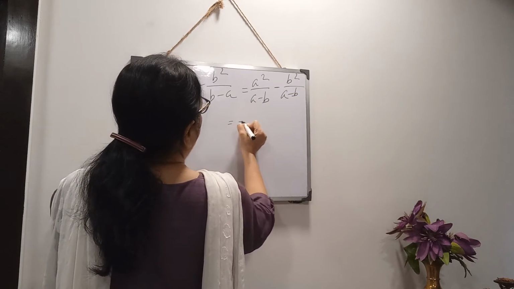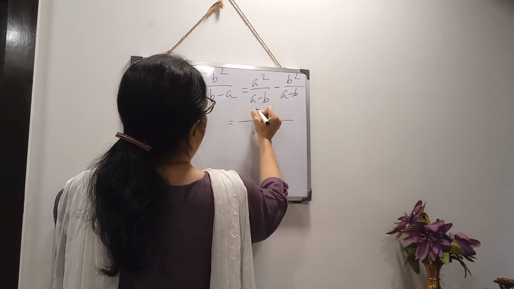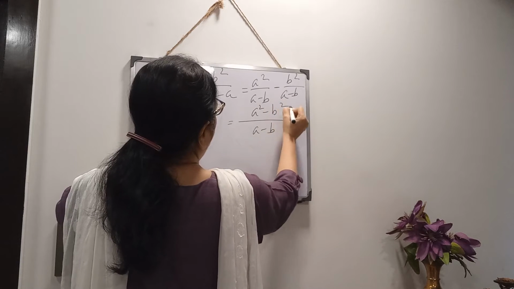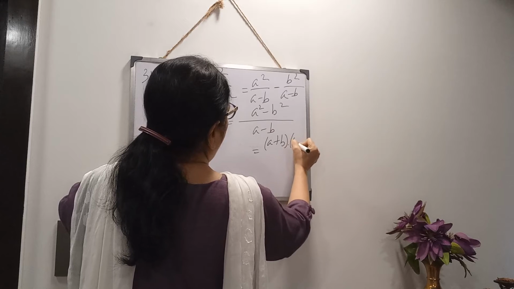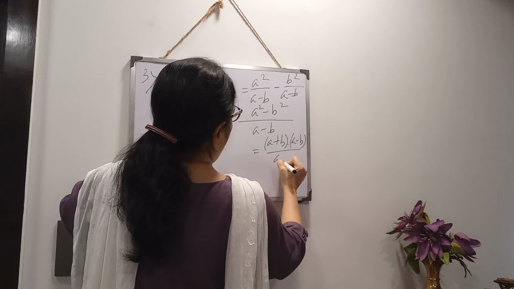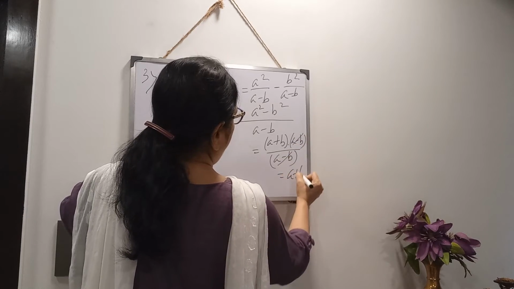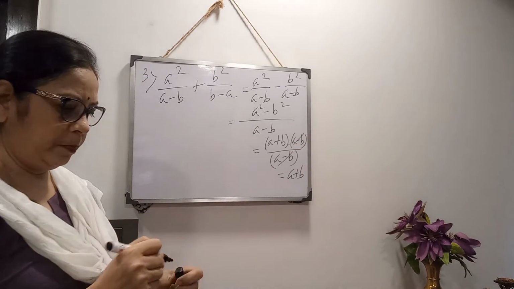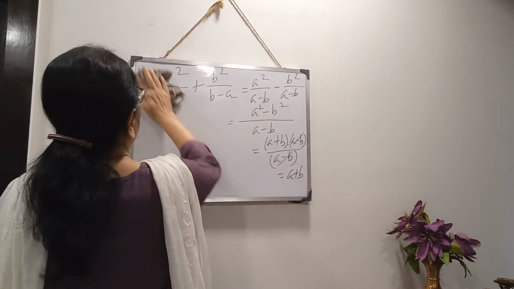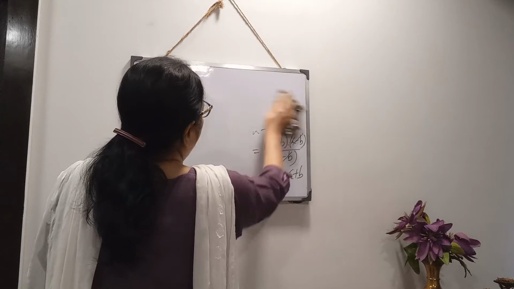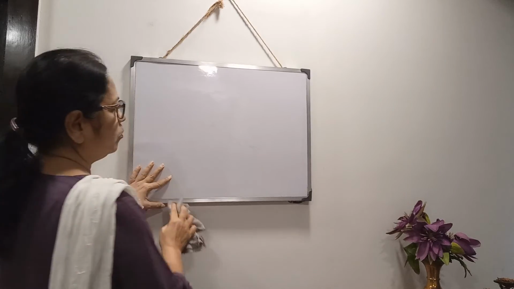Clear? Now what is the LCM? Now same denominators. So a minus b is LCM, numerator is coming a square minus b square. Now use formula, a plus b into a minus b. This and this common factor, so you are getting a plus b. Clear? Then next one. This sum may come in objective type for 2 marks.